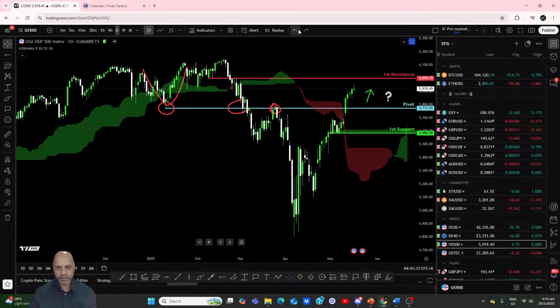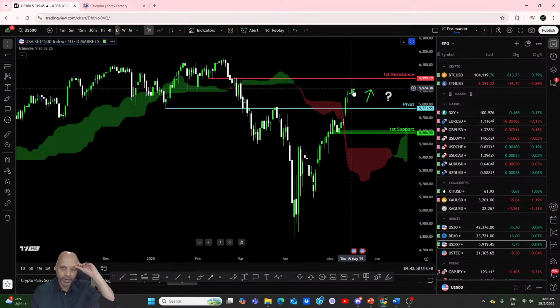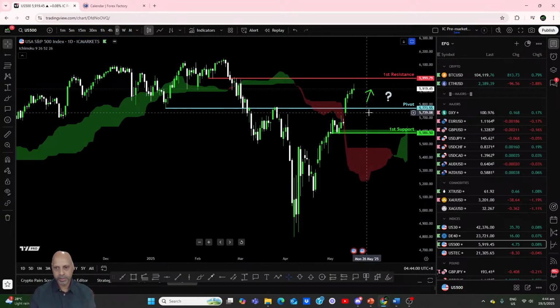Right, so the pivot is an overlap support. We can identify the pivot as an overlap support, right? So we could see US 500 pull back a little bit. Remember, it looks to have faded last Friday, and if we see a broader risk off sentiment to kick off the brand new trading week, we could see equity markets pull back as well. So that means we could see the US 500 drift a little bit lower,